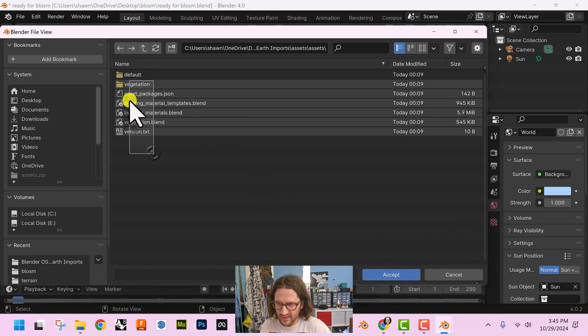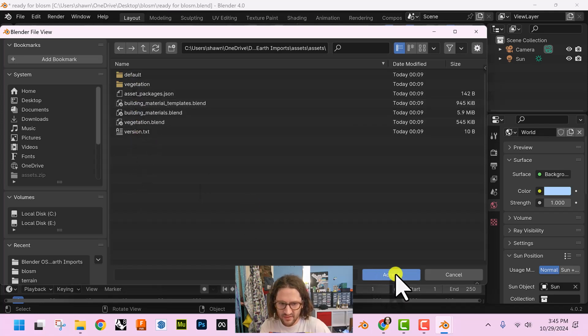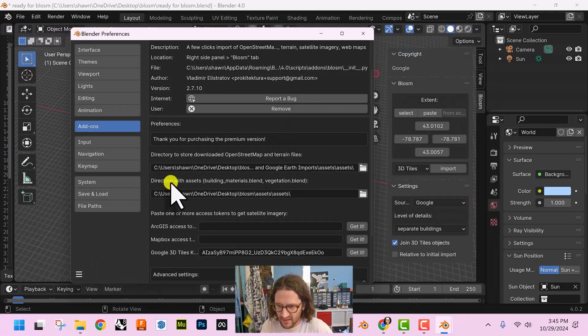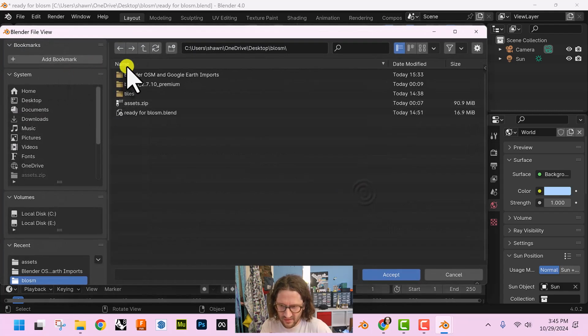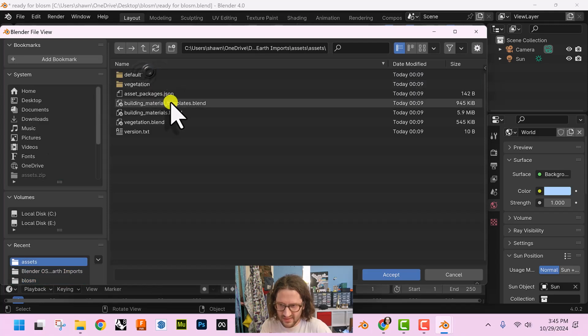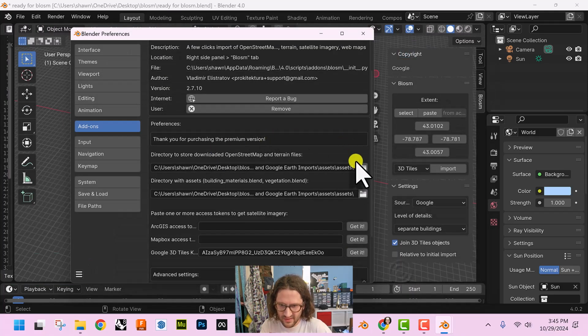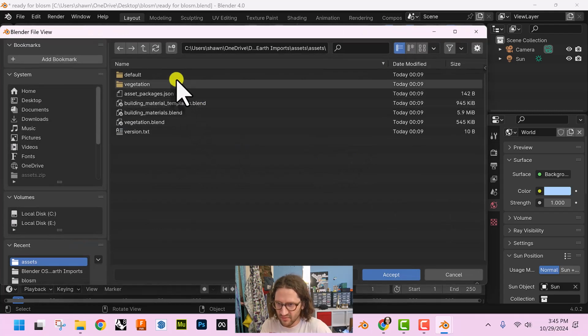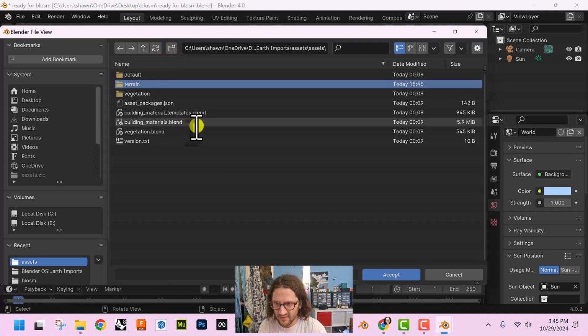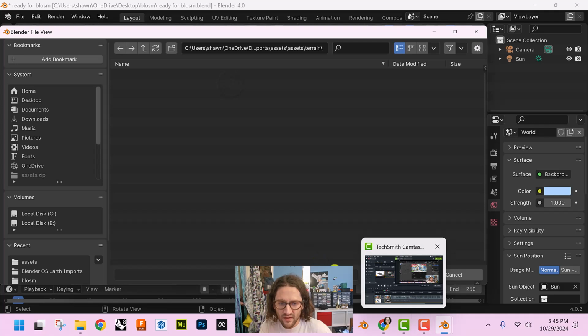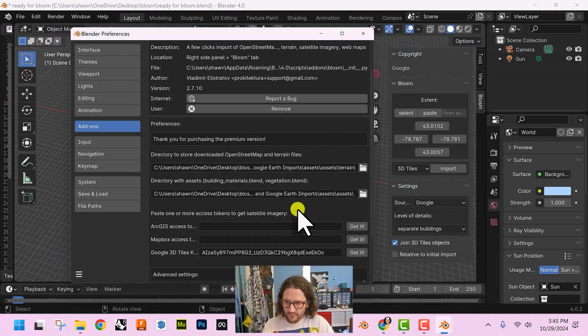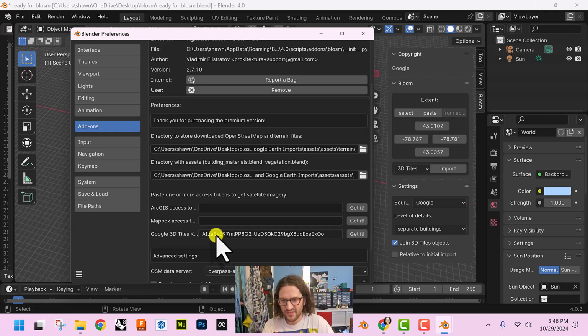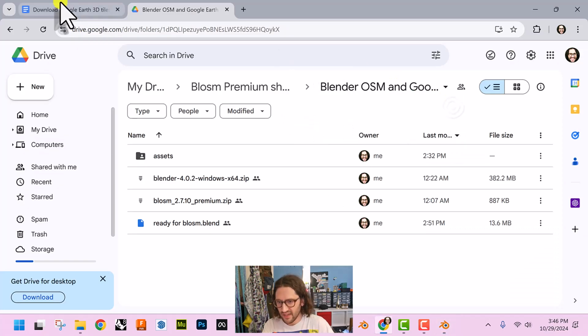Then for the next one, go here, assets, accept, and this terrain one you actually want to go into. You can make another folder called terrain and accept that. Now the Mapbox access token and the Google 3D Tiles access,